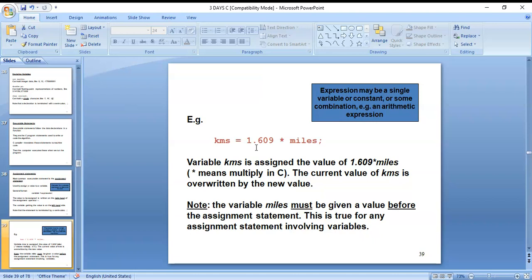Here you can see the variable kilometers is also assigned the value of 1.609 times miles.